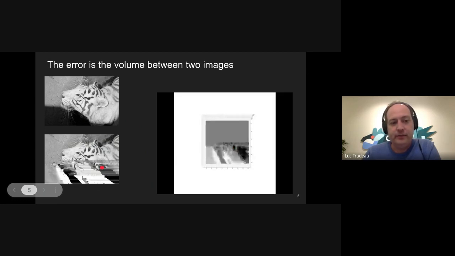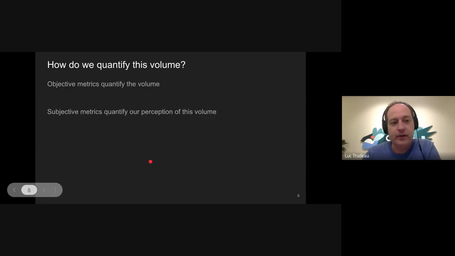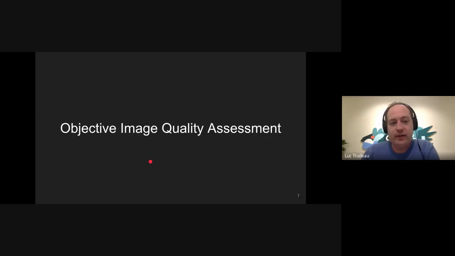Hang on, there you go. So what we want to do is quantify this volume, right? There's two different ways to go about it. We can try to find out what the exact volume is, and that would be an objective metric. We're going to find exactly one number, and it's going to give us what that is. And then the other way we can go about this is to think, what would be the human perception of this volume? How would this volume be annoying to me or to somebody watching a video? And that's going to be the subjective path. We're going to start with the objective because that one's a bit more concrete. Subjective is going to be a bit different.